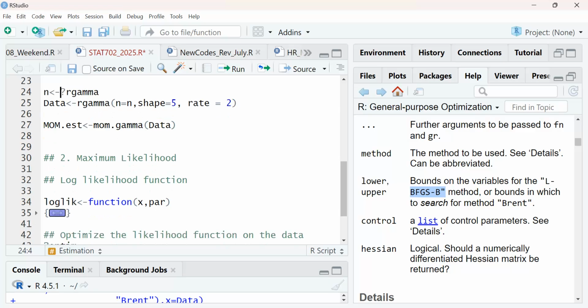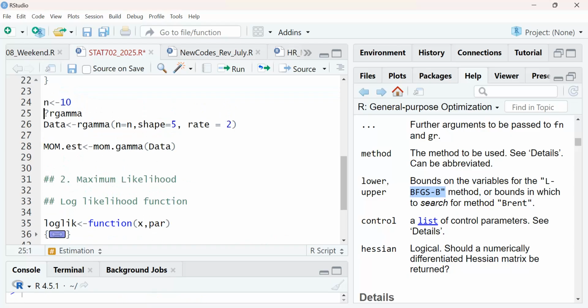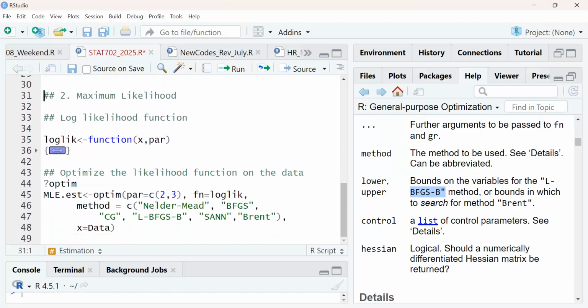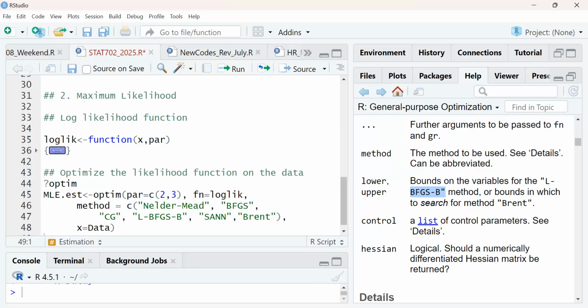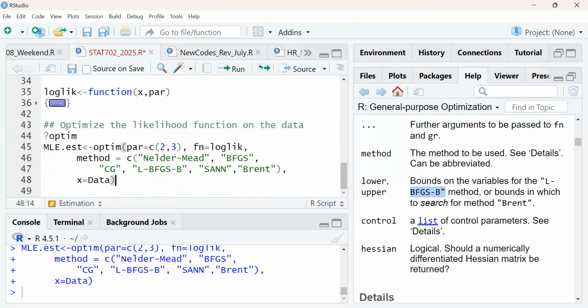So let's do only 10 observations. Then we generate our sample, then we find the moment, and then we also go here and find the maximum likelihood. Now when you are done, we can get the mom estimate.